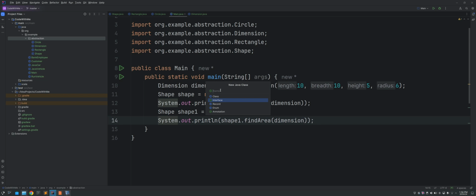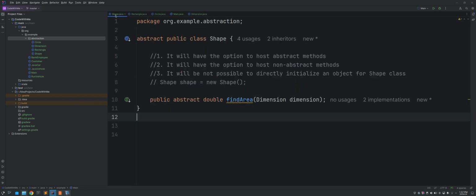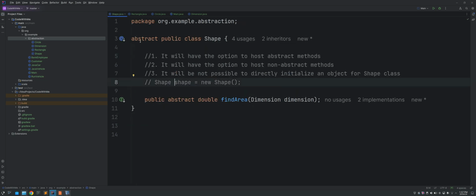So let's say we have an interface for shape, which is an abstract class, right? Let's try to make this shape class an interface. So if I say interface shape, it becomes an interface automatically. You can see the simple change, but there is some problem with this as soon as we change it here. The problem is